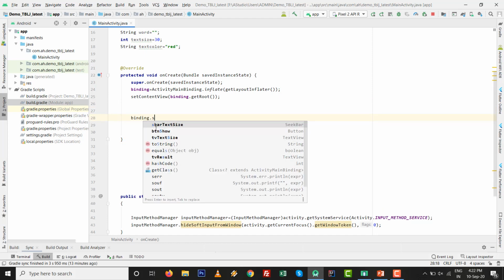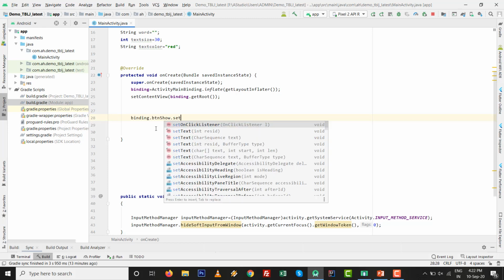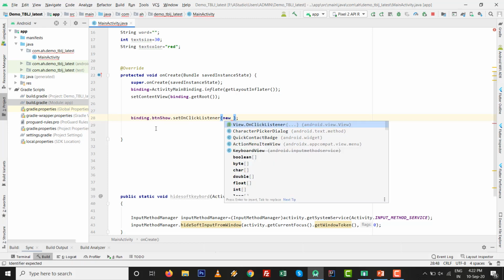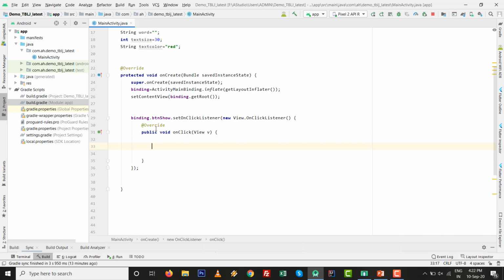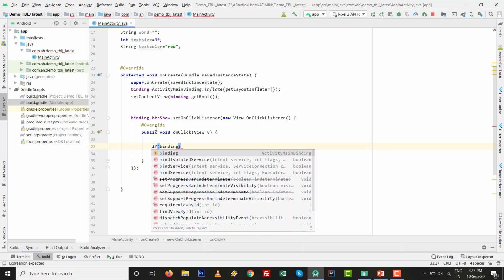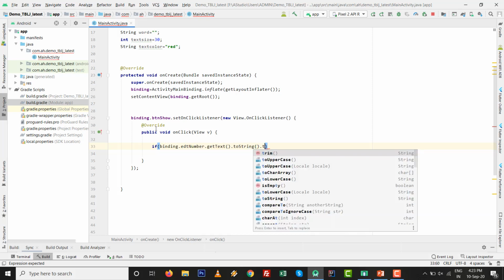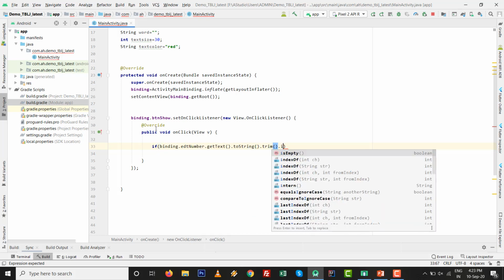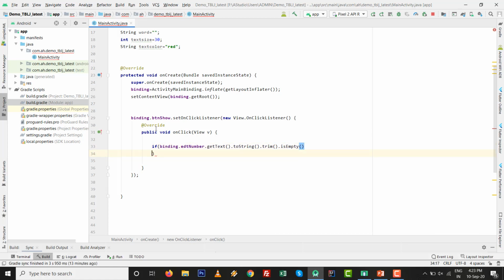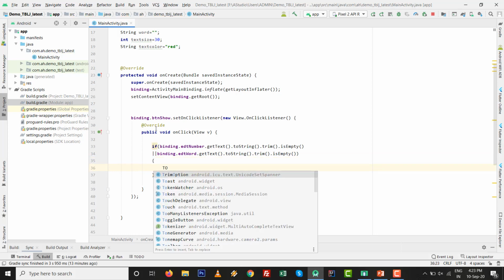So binding dot btn show dot set on click listener, new, and control space. Very nice. And inside this one, first we type binding dot edt number dot get text dot toString dot is empty, or okay, just I copy this one, paste it, and with the word I want to type, then we type the toast message.